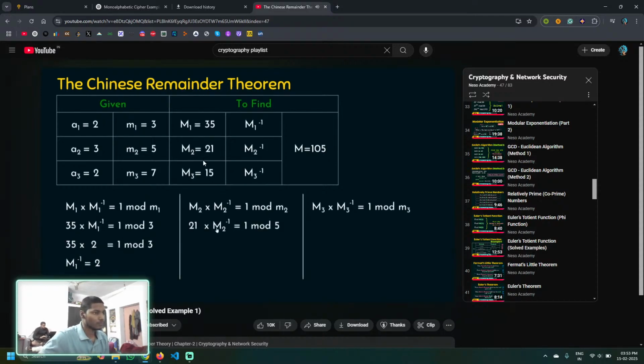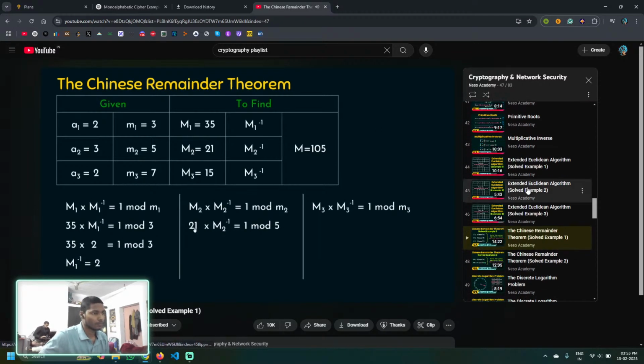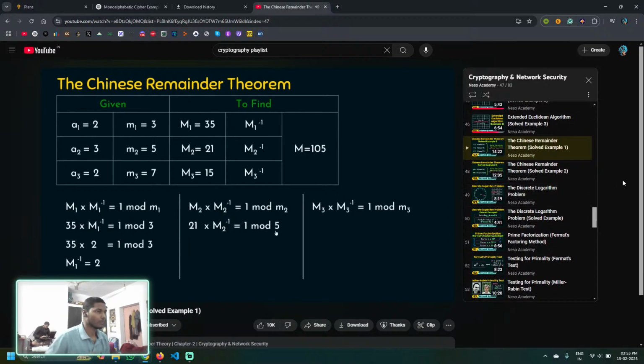Now let's start applying 1 to capital M2 inverse. If we use M2 inverse as 1, 21 into 1 is 21. 21 when it is divided by 5, we get 1 as the remainder. Yes, it's perfect. So we know capital M2 inverse is 1, and we will move on to the next step,